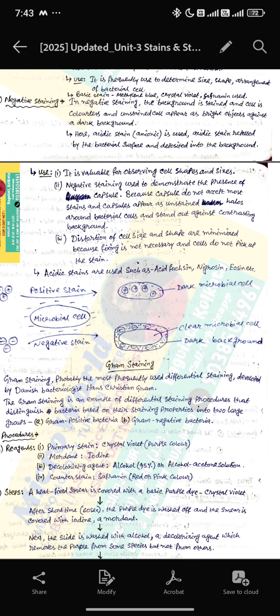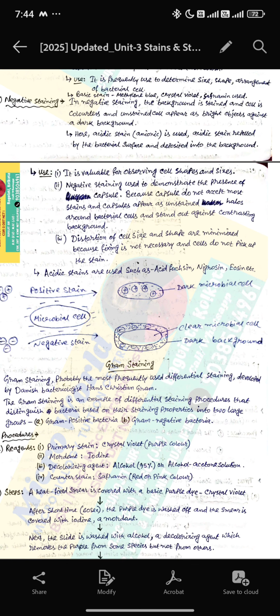Okay, since what happens, the inside is positive or clear microbial cell and outside is negatively charged, so the negative surface repels the acidic stain that is used. Acidic stain is repelled by the bacterial surface and deposited into the background. Okay, now